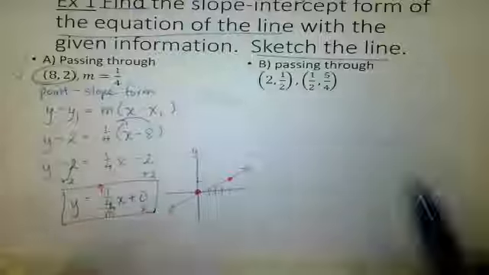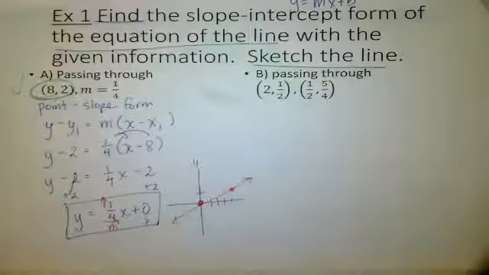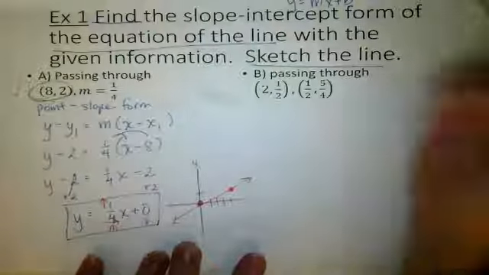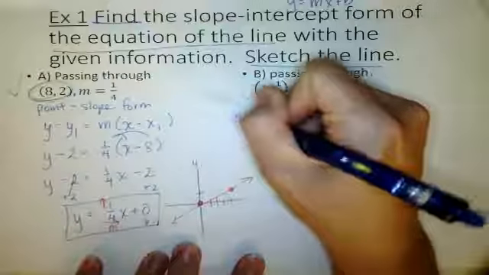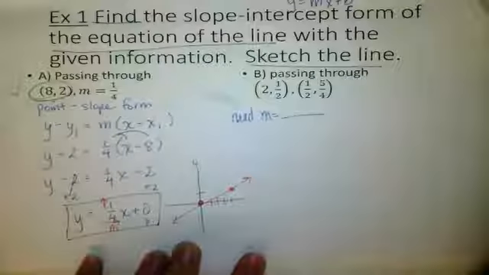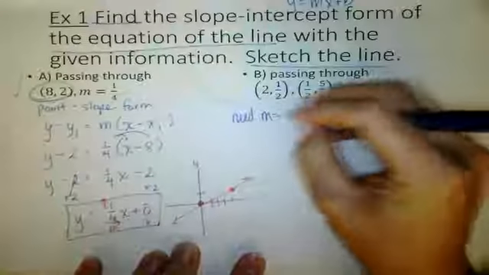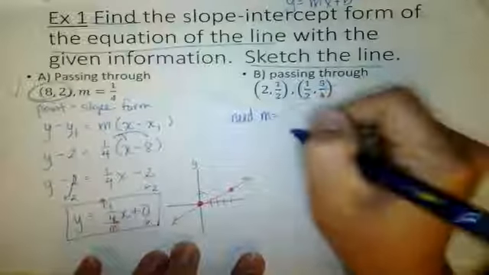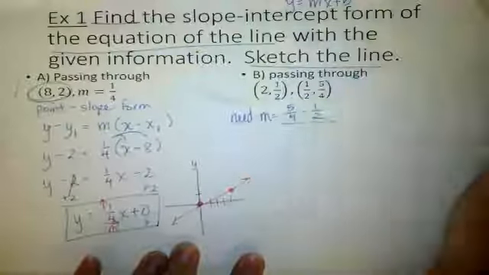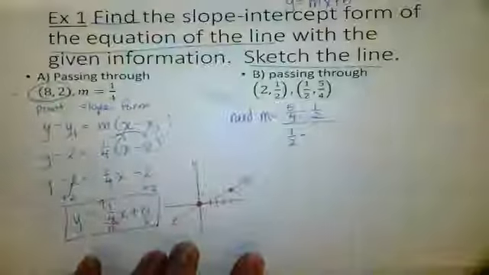Okay. Letter B. I have 2 ordered pairs. What do we need? Slope. So we need to find that slope first. How do you find slope? y2 minus y1 over x2 minus x1. So 5/4 minus 1/2 over 1/2 minus